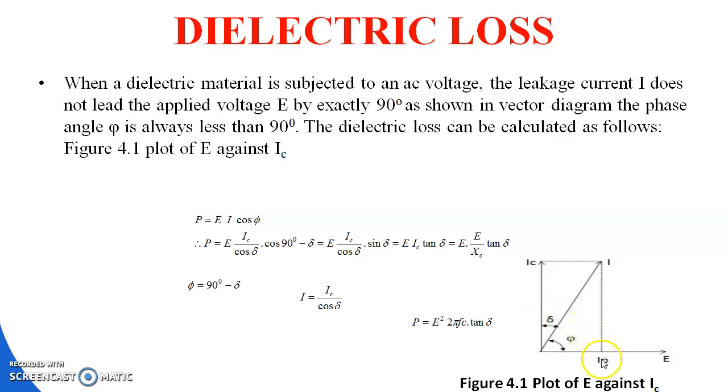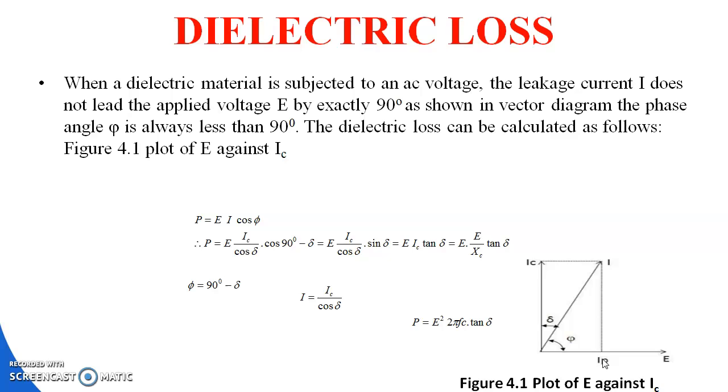So this is the IP in phase, that is, we know that R and C are in parallel. When a current flows, in case of the capacitor it is IC, that means the current across the capacitor. In case of the resistor it is IP, means the current across the resistor.